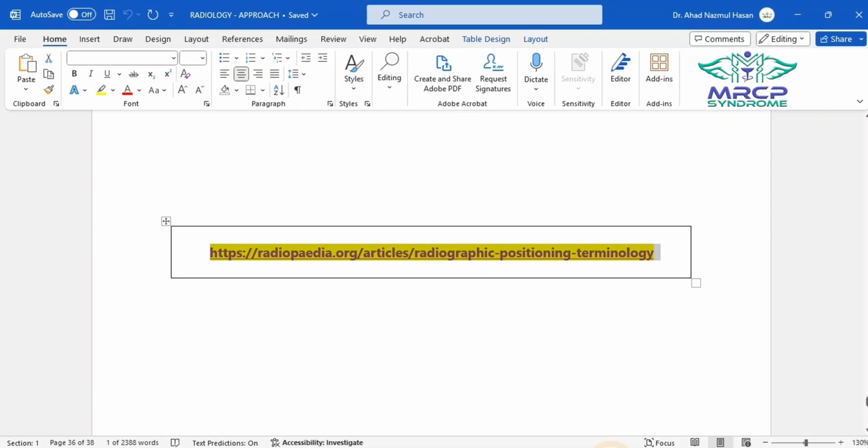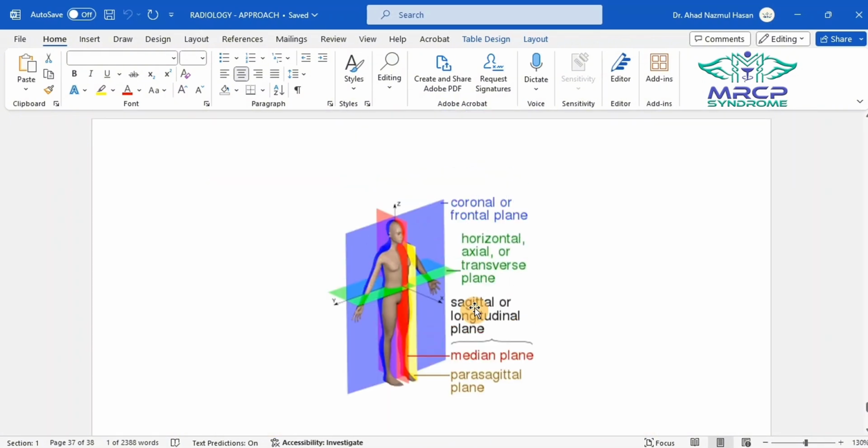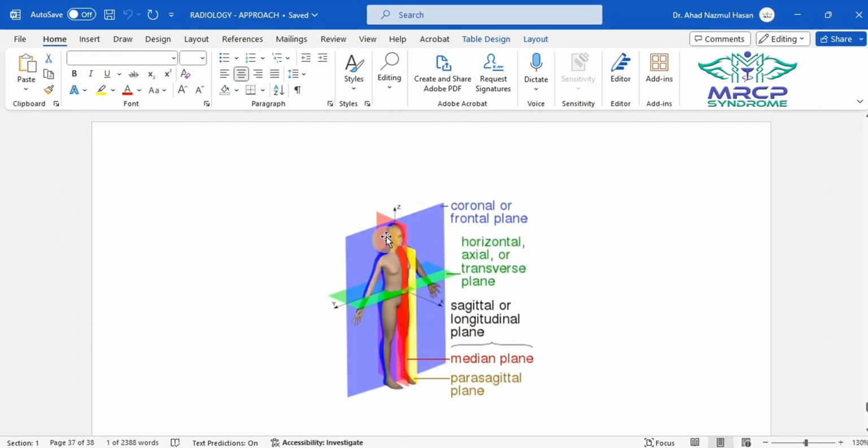Okay, so we have the coronal plane. Coronal plane is also known as the frontal plane. So if we cut across the ear, or in Bangla, মানে কান বরাবর কাটলে যেটা সেটাই হচ্ছে coronal plane. So in case of coronal plane, if we cut across the ears, dividing the patient into anterior and posterior segments, this is known as the coronal